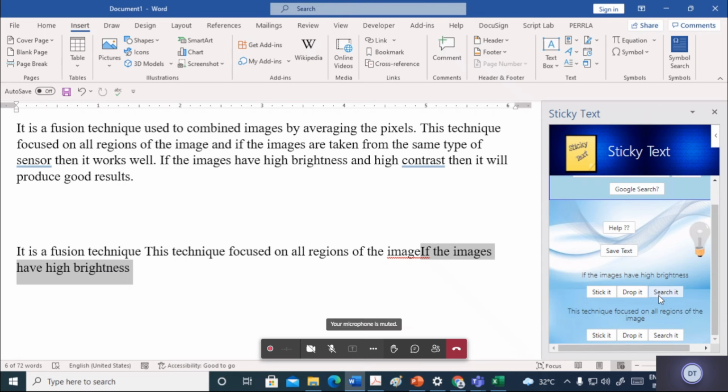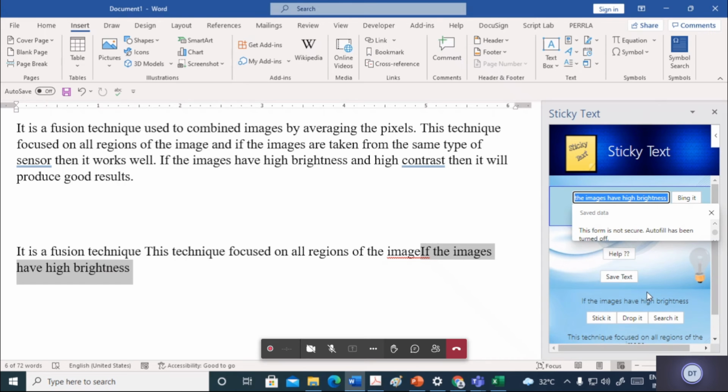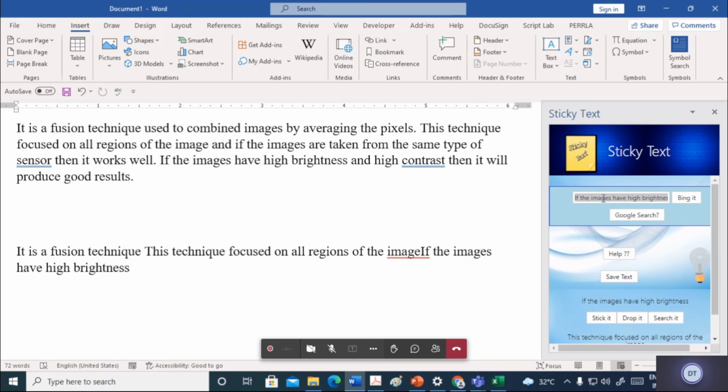But the third option is search it. So if the images have high brightness, let me click on search it. This content goes straight away, and two search engines are provided to search this information over the internet.